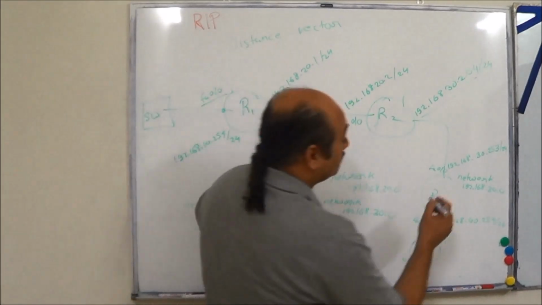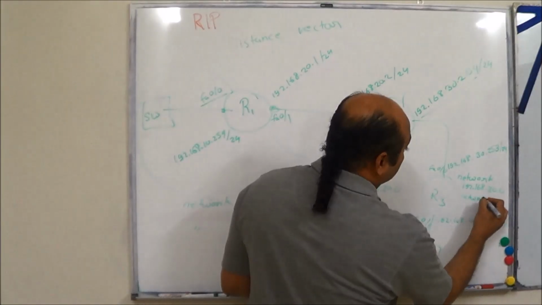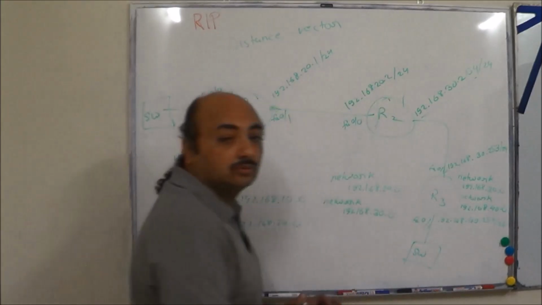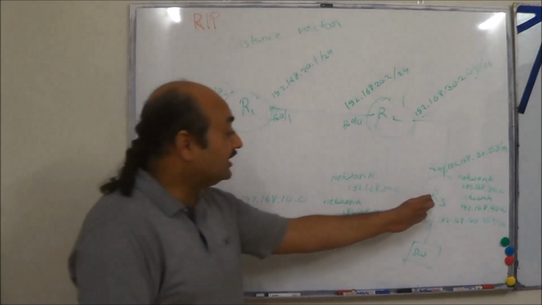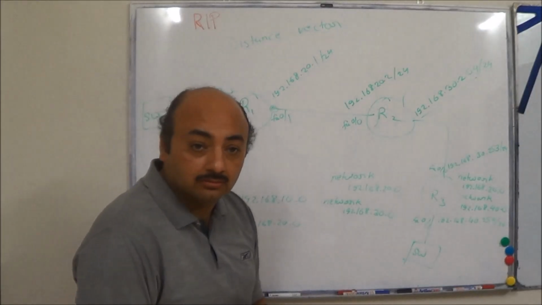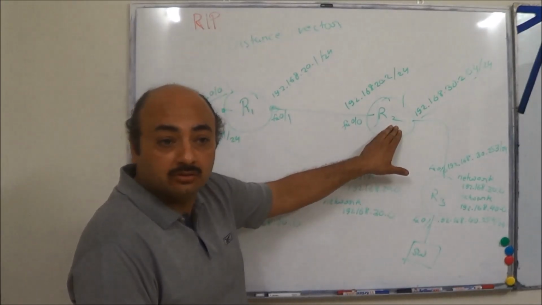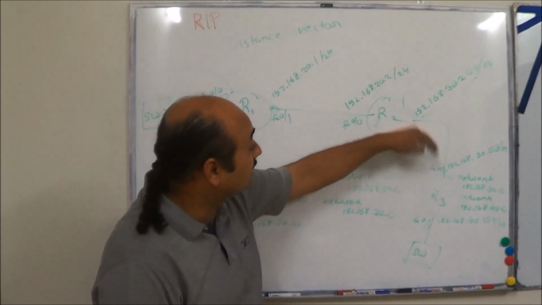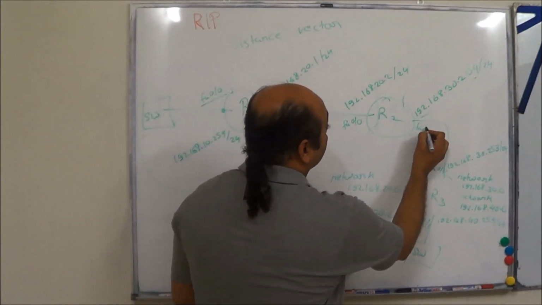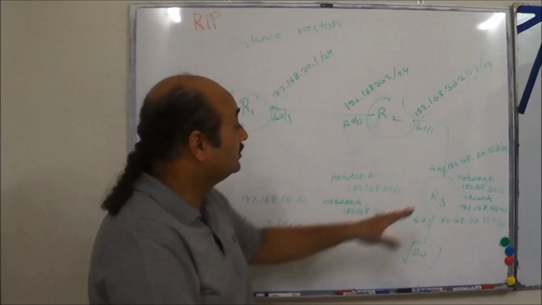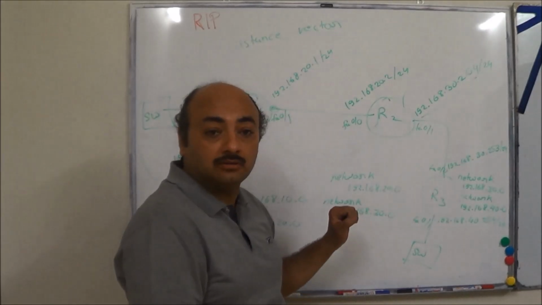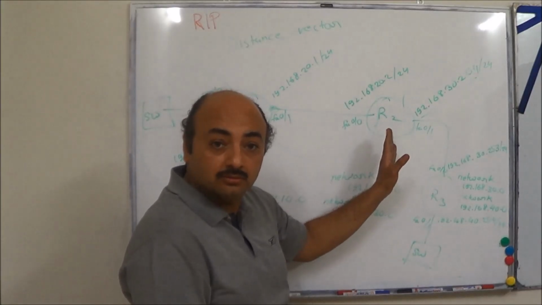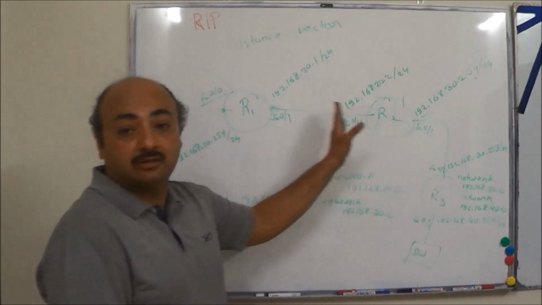Network 192.168.40.0. So what happens in this case? R3 advertises the 40 network with a hop count of 1. This receives it and installs it at a hop count of 1. But in which direction? This direction, via this, with a hop count of 1. Clear? R2 further advertises this to this.